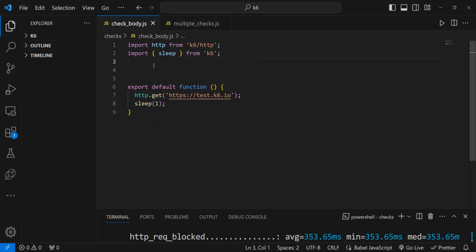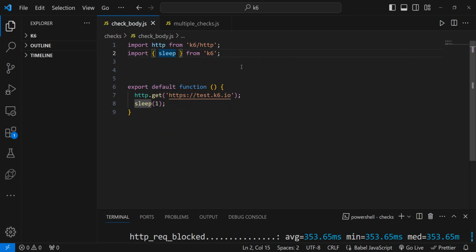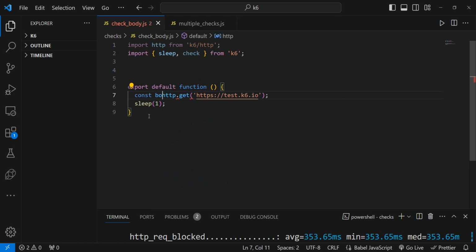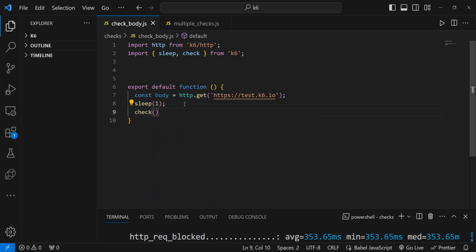So again, here we have the same structure. In the first part, we're basically doing the setup. In the second part, we're performing the action, and in the third one, we do const body, because we want to check the body. And then we do check, and in the check we do body,